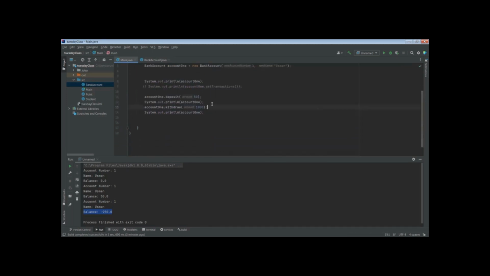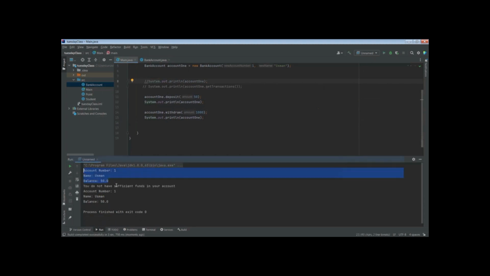So if we go back and stick with the same example, we have account1. I'm just going to comment this one out too. Run it. We have 50. Then we try to withdraw it right there. I got a message, you do not have sufficient funds. And I check the balance afterwards on line 15. I get a balance of 50 because nothing